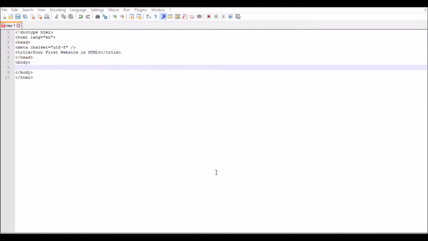I'm going to name mine tutorial. It doesn't matter what you name it. You can name it whatever you want, but .html must come at the end of it, because it's going to tell the browser that it's an HTML website that you're running. So save it,